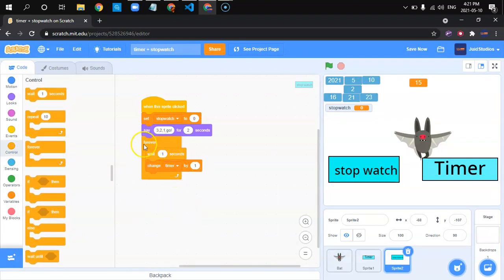So then forever just goes on and on. But we need one thing though. How do these people stop it? Once they're done, they want to be able to stop it and record their time. So what we can do for that is,